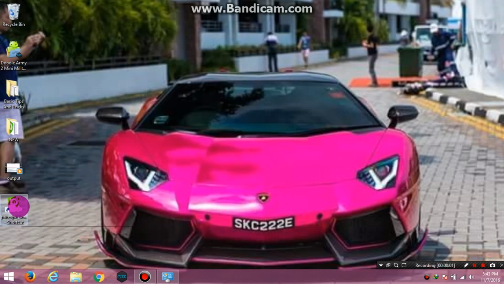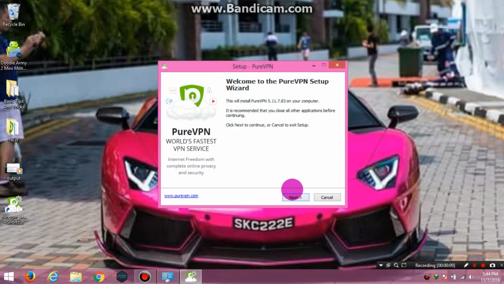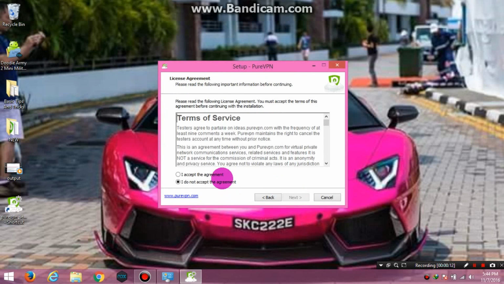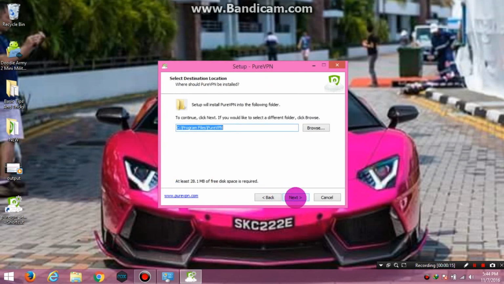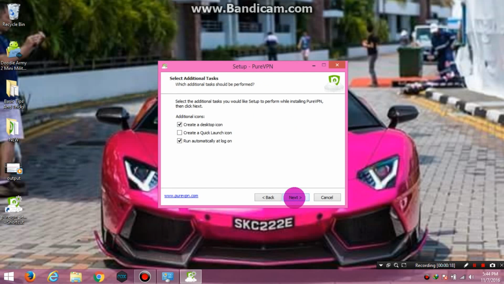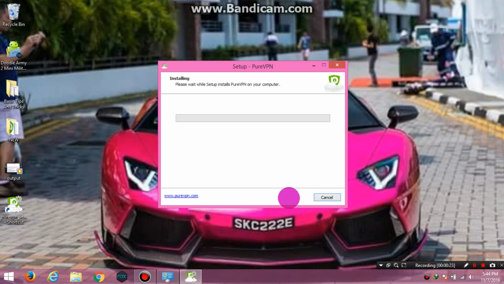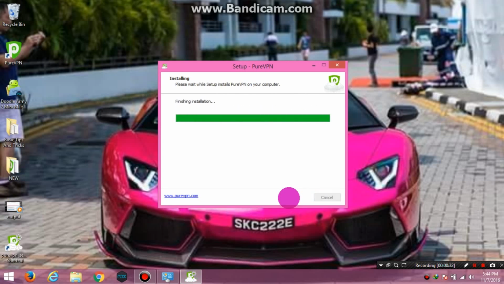So this is the setup, and after clicking on this to open the setup, it will ask for administrator permission. Allow it and click on next, and then accept the agreement, and then next. Here you can choose according to you, and then finally next, and click on install. You will see that the software starts to install. This process is very quick, you can see. Yes, now you can see that it has finished installation, just a few minutes left.